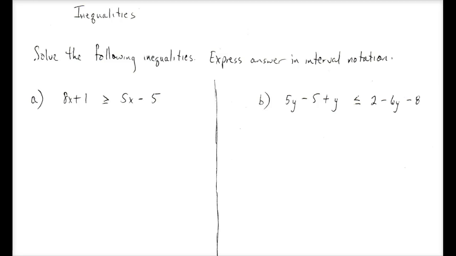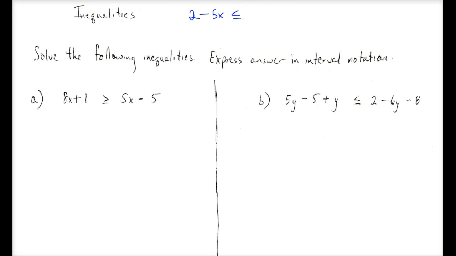The one thing that is different about solving linear inequalities versus solving linear equations in the procedural part of it is that whenever we have to divide or multiply both sides of an inequality by a negative number, then we have to change the sense of the sign, or simply we have to flip the sign. As a short example, let's say I have 2 minus 5x is less than or equal to